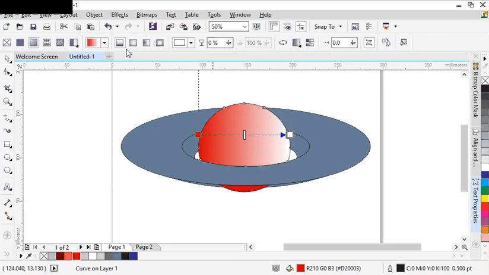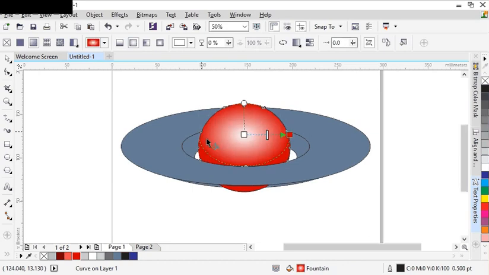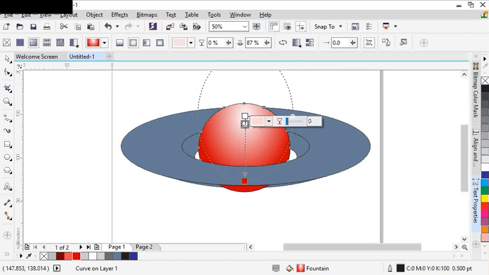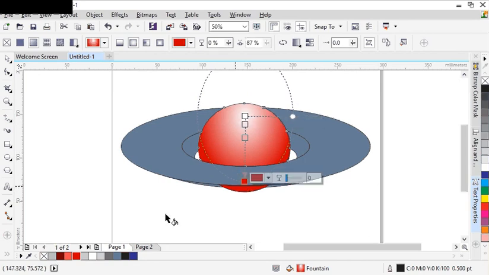3D effect. I'm going to make use of this, drag this here, let me drag this here. Now take this here. Now what I'm going to do on this side, I'm going to give it a darker, then